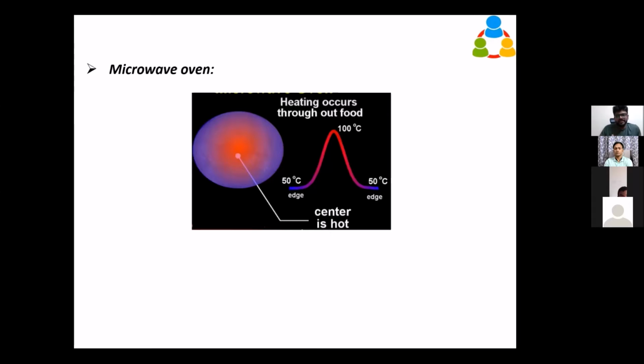How it is boiling and what is happening behind that microwave cooking, we will see in the next slide. In the next slide, we will see how microwave cooking happens from the center of the food to the outer surface of the food. All the food we use is assumed to have water content, and with that assumption only, the microwave oven works. When you keep a food without water content, the microwave will never cook that food.